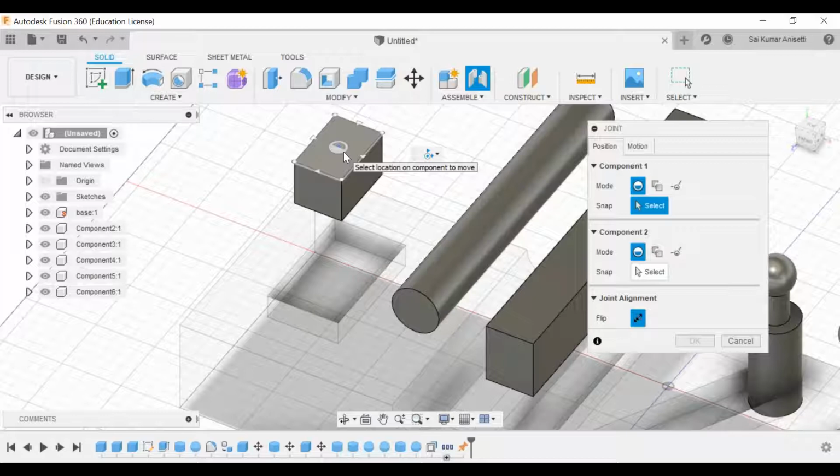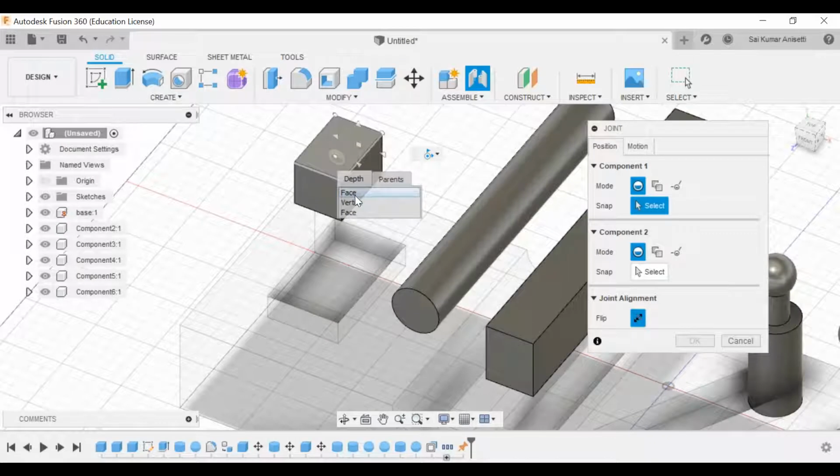Again I repeat, press and hold your mouse button. It will show what are the hidden faces in this part. Just hover your mouse onto this front face, press and hold your mouse button. It will show the hidden faces.